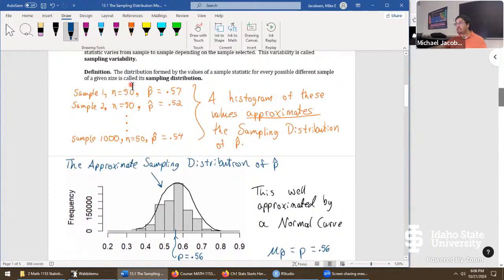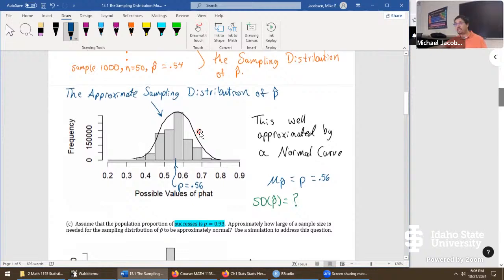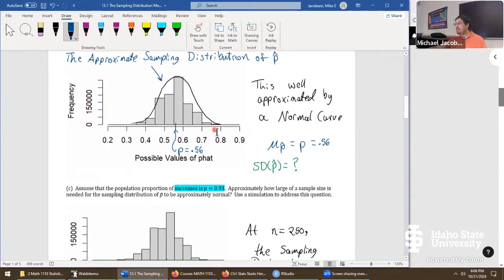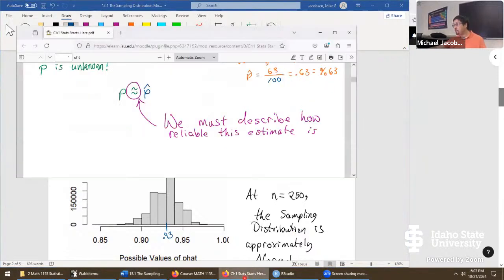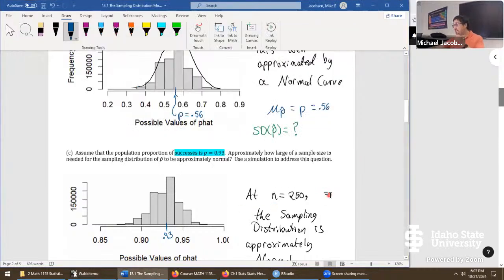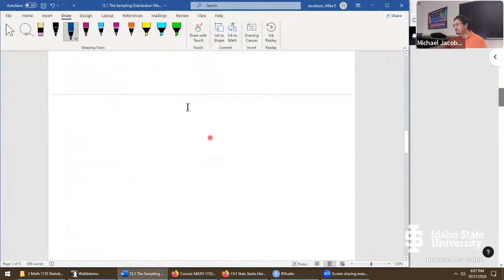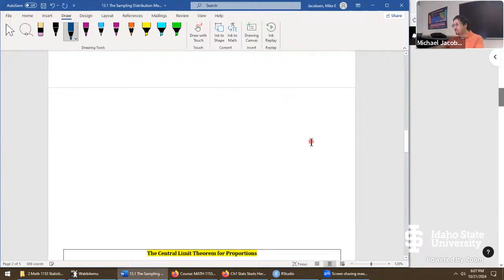Sampling distribution takes all of the possible samples at a fixed sample size and collects them into a histogram like this. If we can find out what the standard deviation of that histogram is, now we can do normal probability computations, which enable us to specify that error precisely, once and for all. The result is going to be a confidence interval that we'll be looking at in this same chapter. So going forward, here's where we end up next.